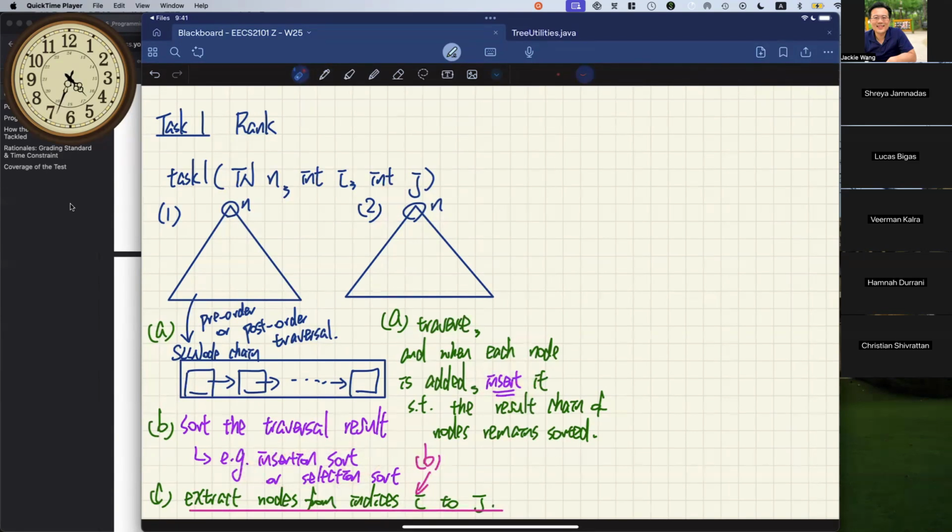All right, so that's task number 1. You can go for approach 1 or approach 2. But most of the students who came to me to share their approach actually used approach 1. But approach number 2 is not really much more difficult. In some ways, it might be a little bit easier. Okay, so that's about task number 1. And then let's talk about task number 2.